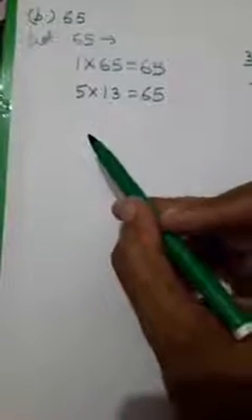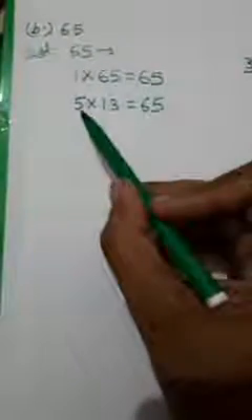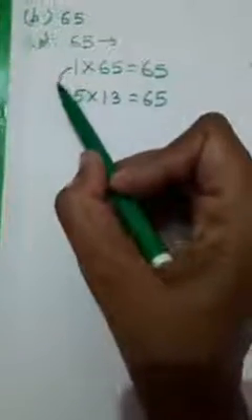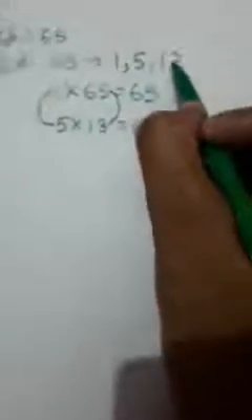We have reached 13 now, but 13 we have taken already, so we have to stop here. It means we have got all the factors of 65, because we have reached 13 and 13 we have taken already. In this condition we will stop and we come to know that we have got all the factors. The factors are 1, 5, 13 and 65. These are the factors of 65.